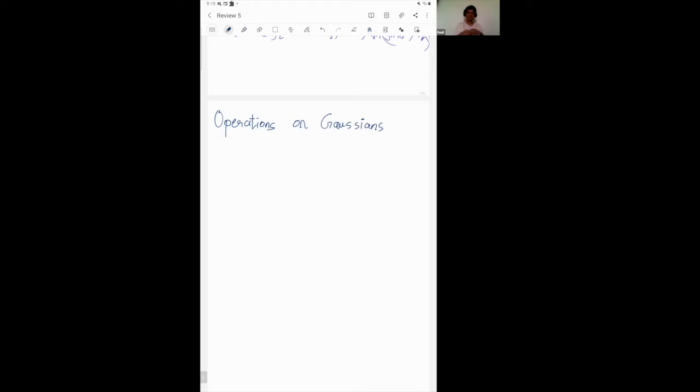But one of the major properties of Gaussians is that many times any operation that you do on Gaussians just outputs a Gaussian, so most of the operations on Gaussians can directly give you a closed form solution,